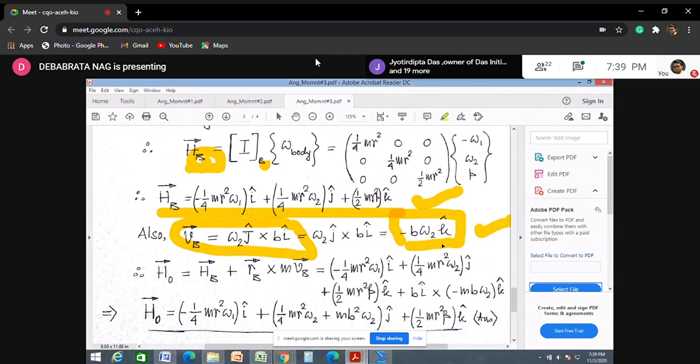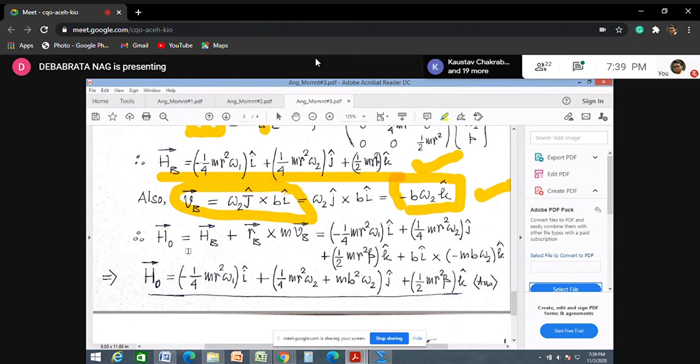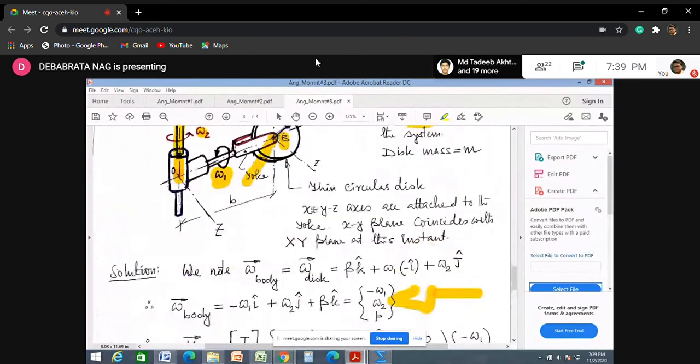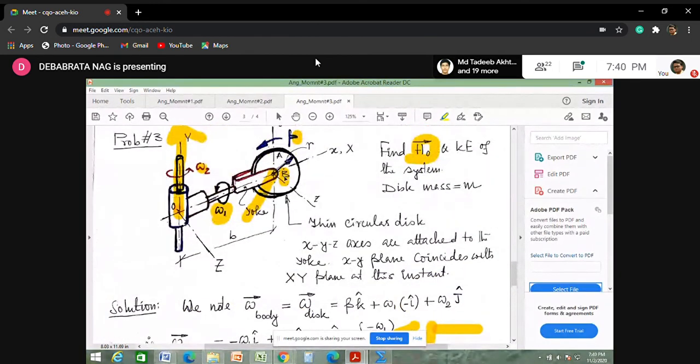That's done. So now we invoke our angular momentum transport theorem. Now I have the angular momentum known at this point, and I know the linear momentum of the system at this point. So I need to transfer these two terms to point O. That will give me the absolute angular momentum with respect to point O. Though it does not make sense, because O is a fixed point here. Since it is a fixed point, it does not have any velocity, so the relative and absolute angular momentum will be the same for a fixed point.